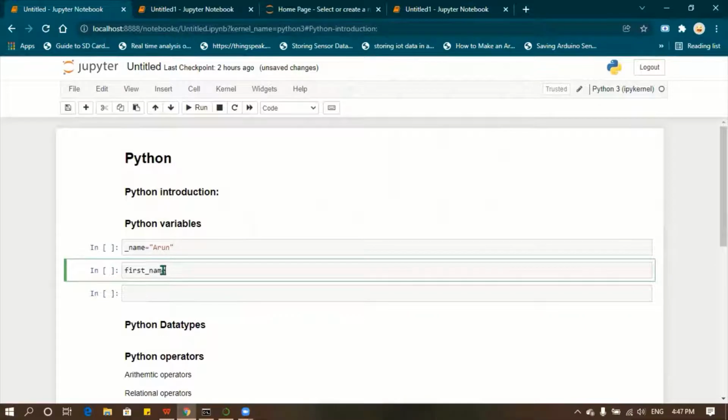Other than the underscore symbol, other symbols are not allowed in your variable name. Do remember that. Your comma, your full stop, your question marks are not allowed in your variable name. You can use only the underscore symbol in your variable name.